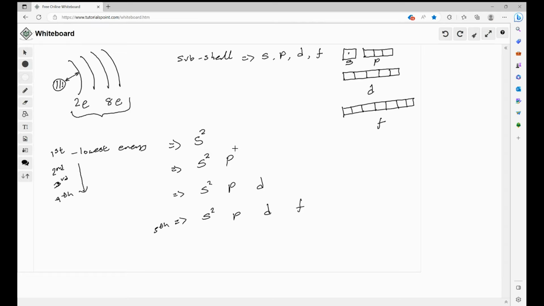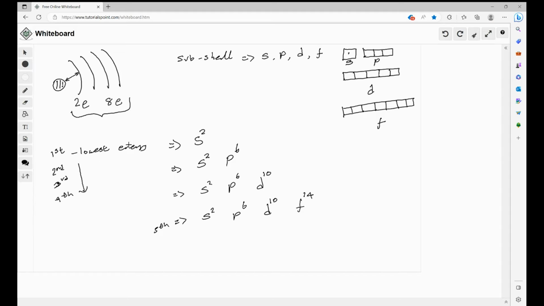The P subshell has three rooms in it, and one room can contain two electrons. Hence, it can have six electrons. Does that make sense? The D subshell has 5 rooms, so it can have 10 electrons. And F could be 14 because there are 7 rooms. Right? Then the tricky part comes